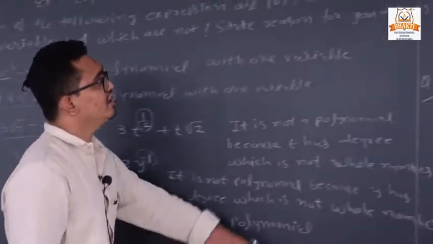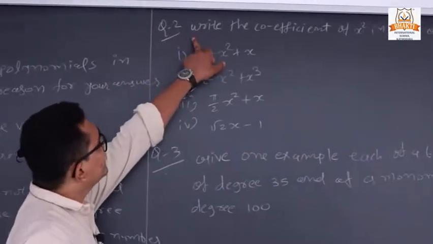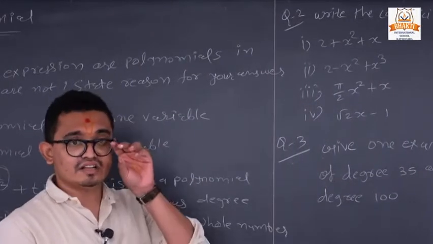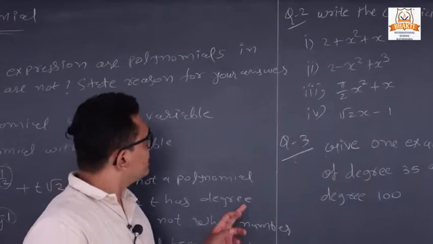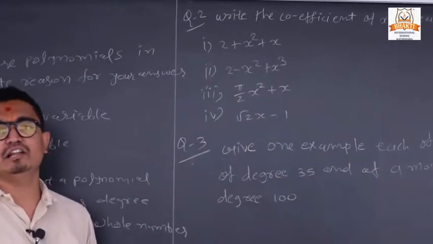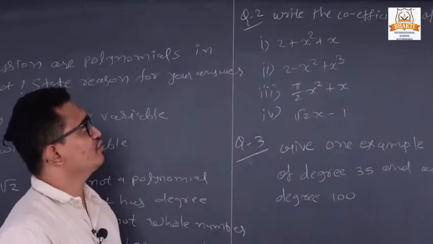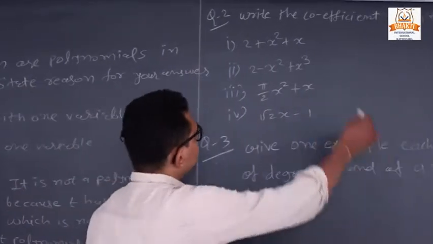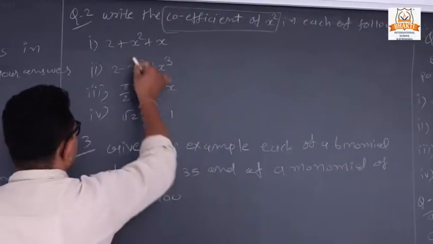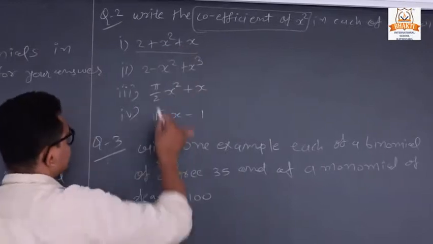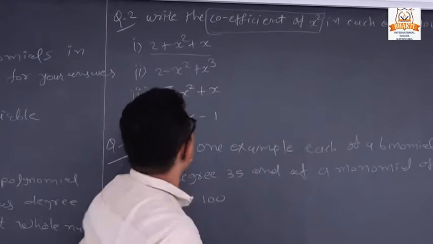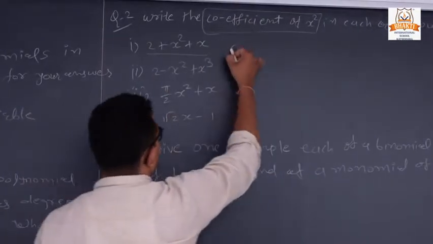Next we are going to learn our question number 2. In question number 2 we identify the coefficient of x square. In the previous part we also learned what a coefficient is: the numerical value before any term is called the coefficient. So here we identify the coefficient of x square. See the first question. In question number 1, we identify the coefficient of x square. So here the coefficient of x square is